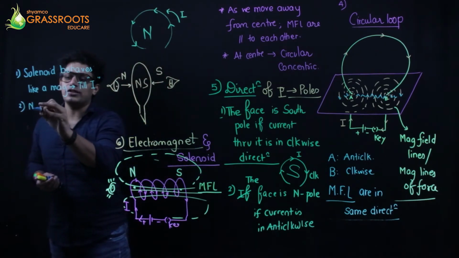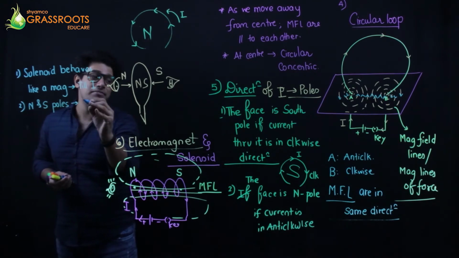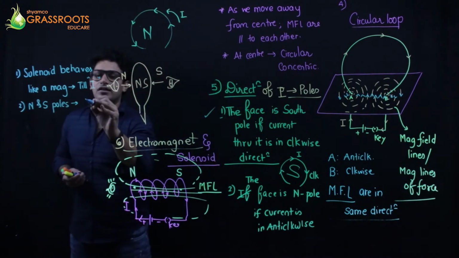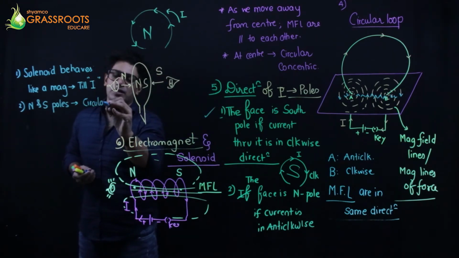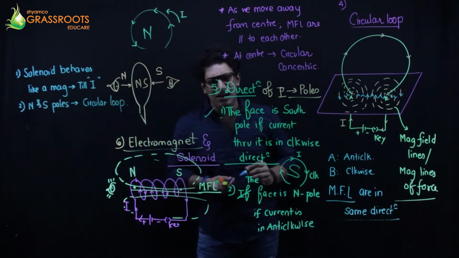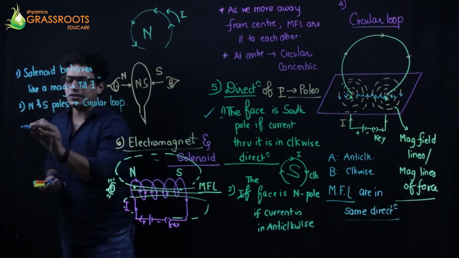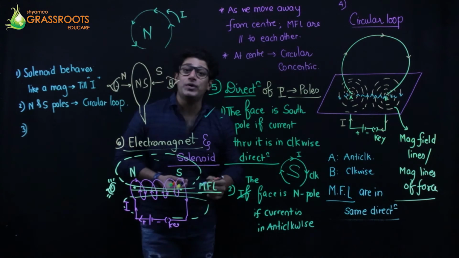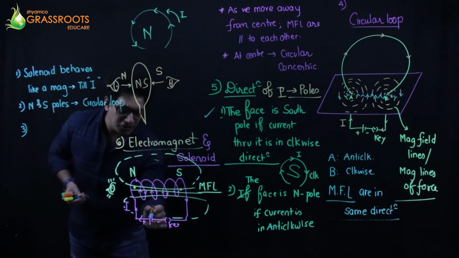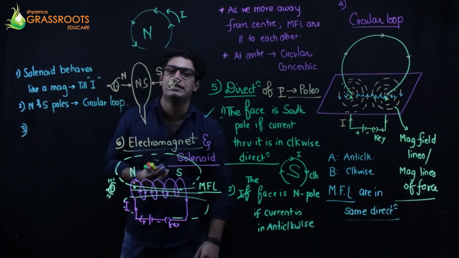Second, the north and the south poles of this solenoid, which is a magnet, can be determined by using this rule. Okay, the circular loop concept से पता चलेगा that what is the direction, what is the polarity, through the current. The third part, if you want to increase the current, अगर current को मुझे बढ़ाना है, if I increase the current, then the strength of the magnetic field increases.